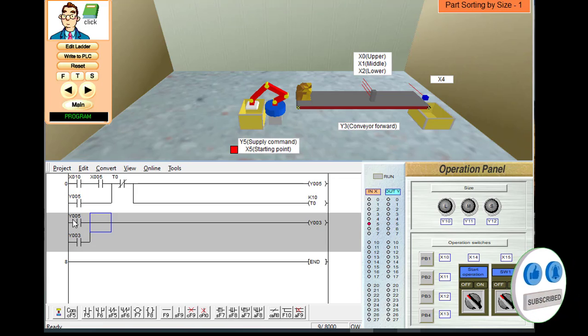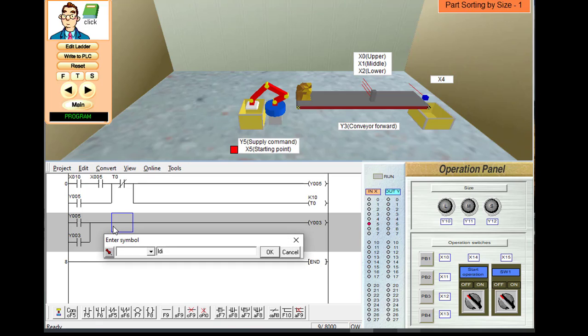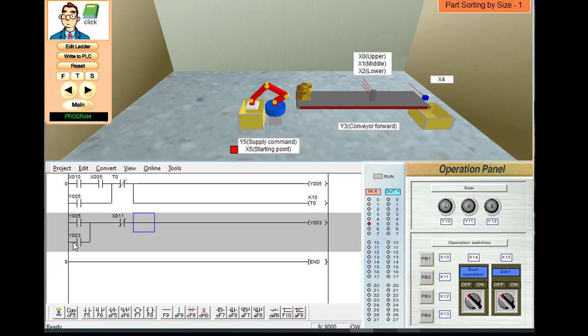So it is going to be off, so we need to latch the Y3 via this path. We are using the NO contact of Y3 in parallel with the Y5, so it will latch the Y3. So Y3 is continuously on, and we can turn off this Y3 if I press the stop button. The stop button is my push button 2 and the address is X11. It is a push button, so I will write NC of X11. If I press the stop button, this will open and it will cut off the latched path. It will unlatch the Y3.